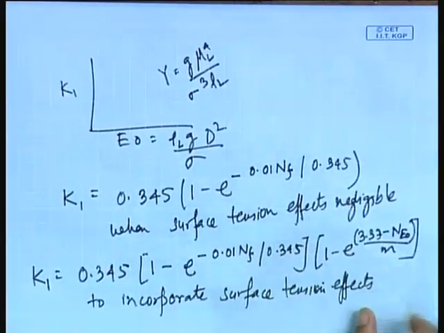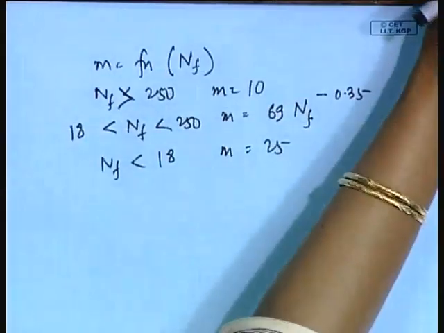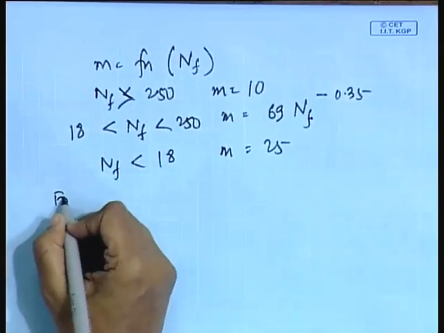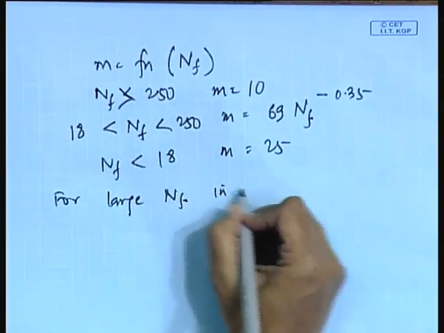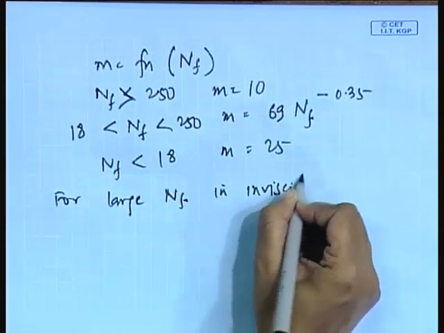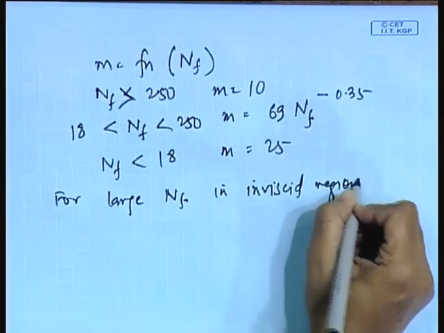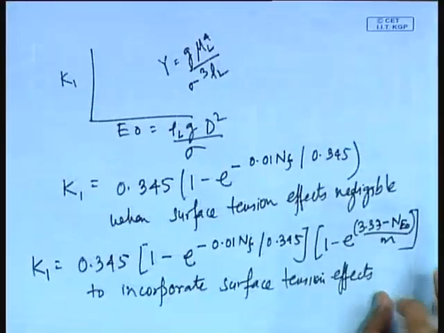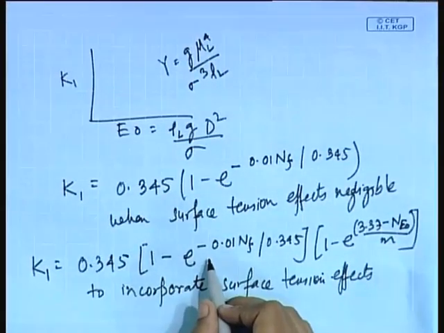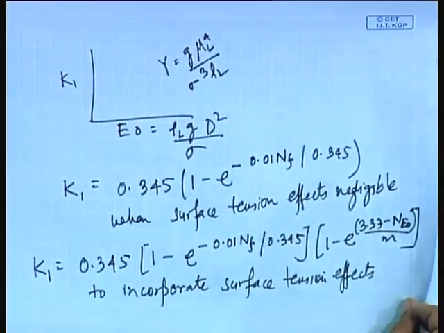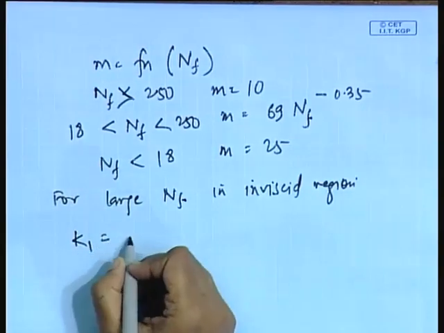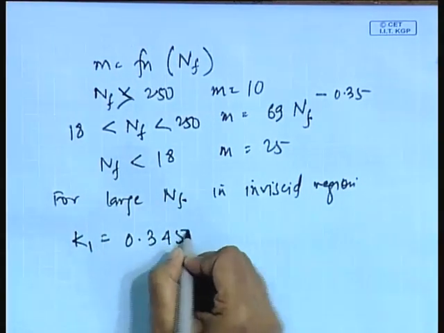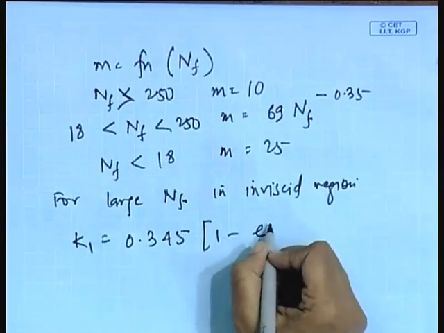For when surface tension effects are negligible, I have told you this is the expression. Again, when viscous effects are negligible, that means for large NF, in the inviscid region, under that condition naturally this term becomes important, this term becomes less important, isn't it, in the inviscid region. So, under that condition we can write K1 equal to 0.345 (1 minus e to the power